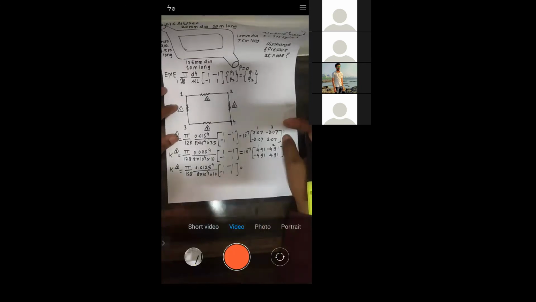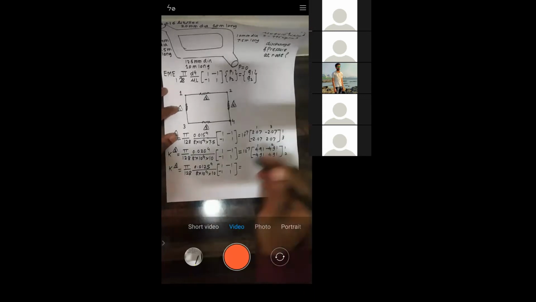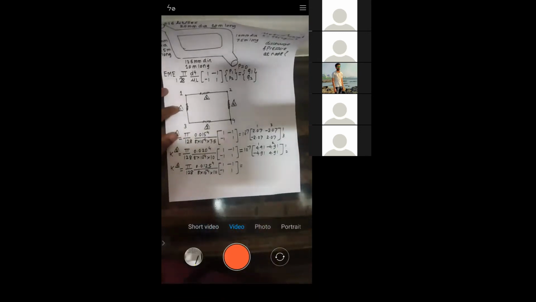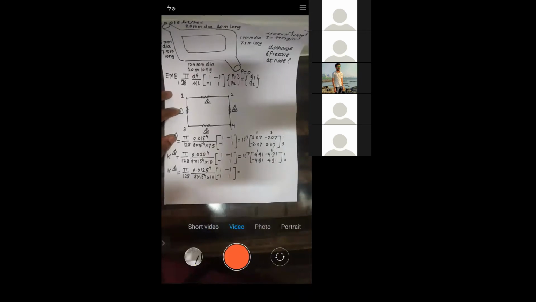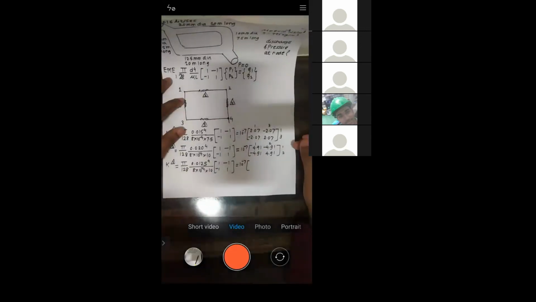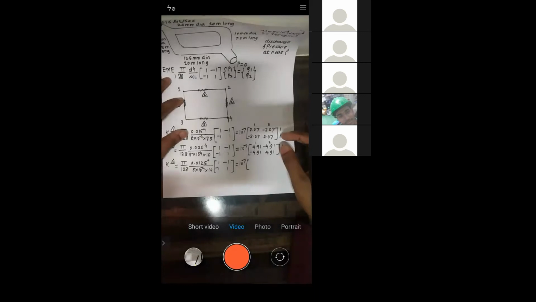Mu is 10 raised to power minus 4, right? Tell me, you tell me in terms of 10 raised to power minus 7. Make the screen visible, sir. Tell me the answer.